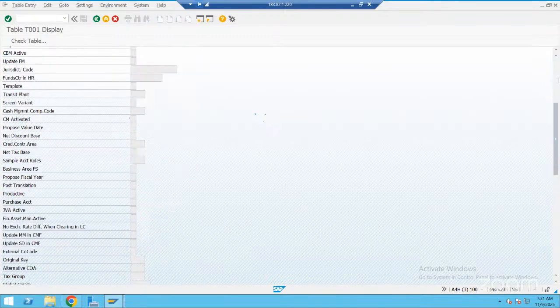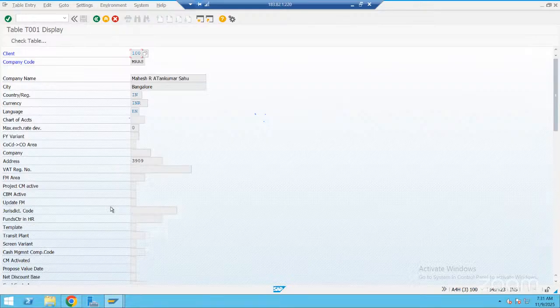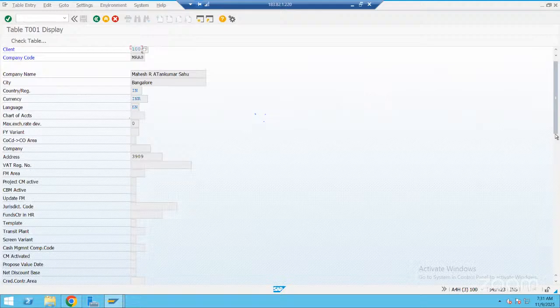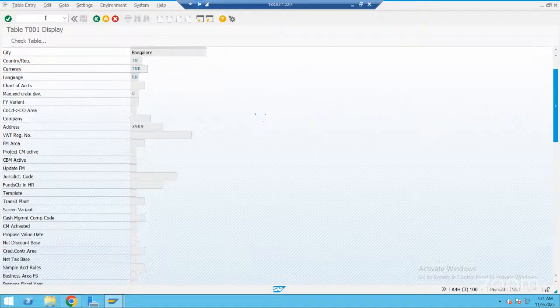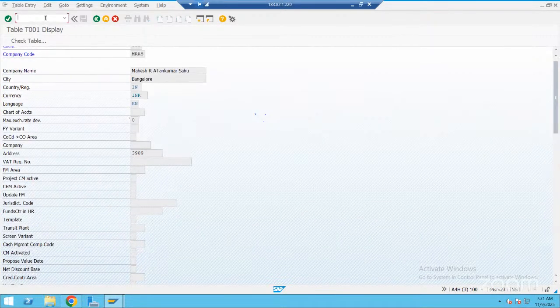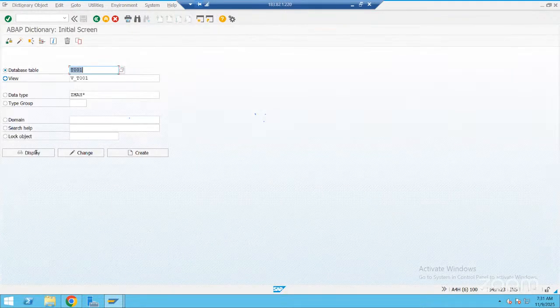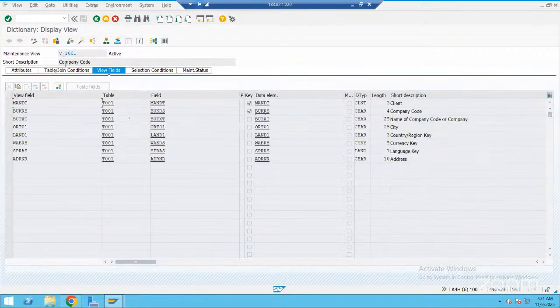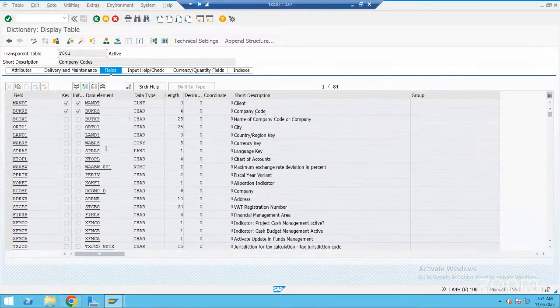Right? So through the view also you can see this. This is the data flow. What is the view name? /nSE11. The view name is V_T001. Click on display here. This is a standard maintenance view. SAP created this one. Go to here. So this is the table, the data. Okay. Any questions here? Hello?